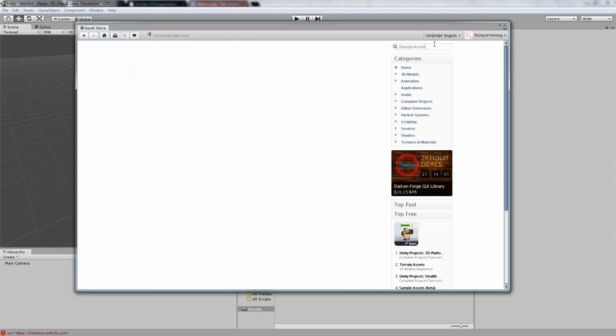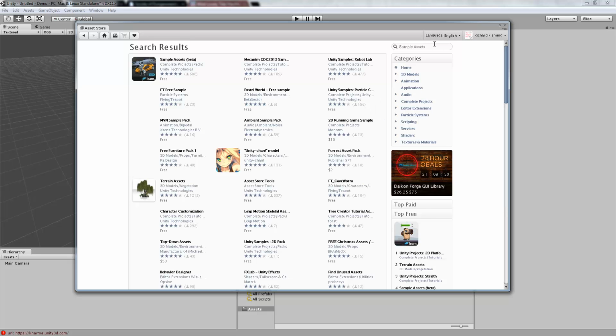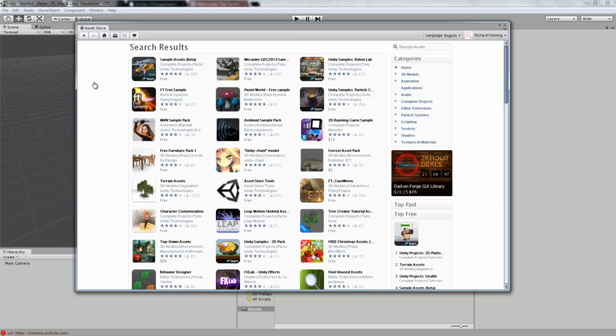And just do a search for sample assets. Hurry up and wait while it contacts the asset store. Now this one comes from Unity Technologies. Make sure that you are getting this from Unity Technologies. It says the publisher right here. And the sample assets beta